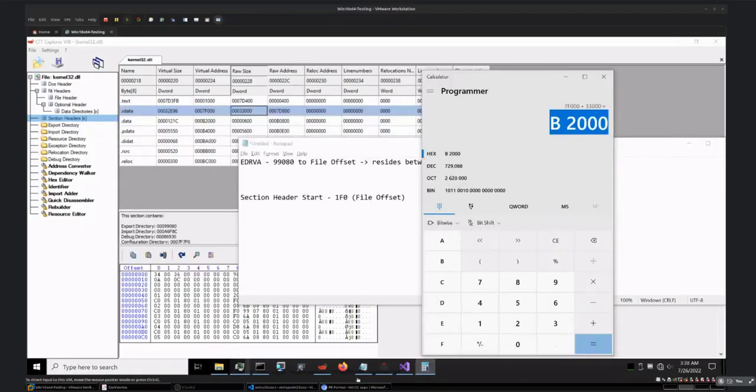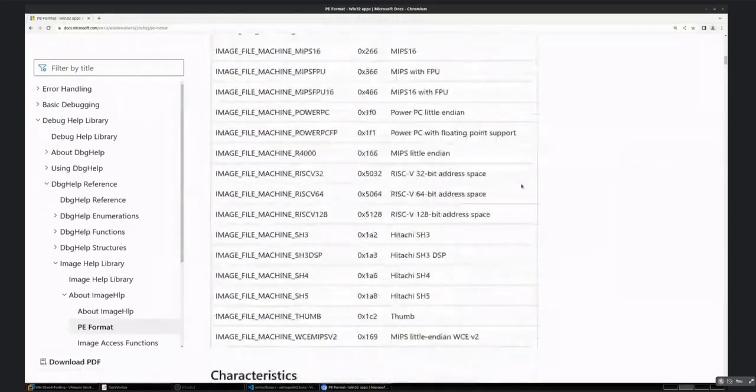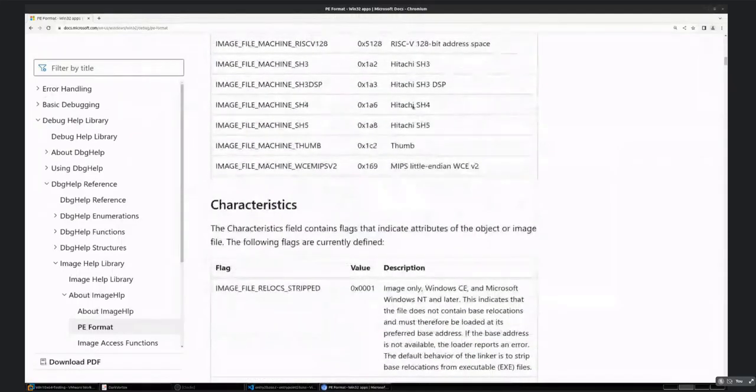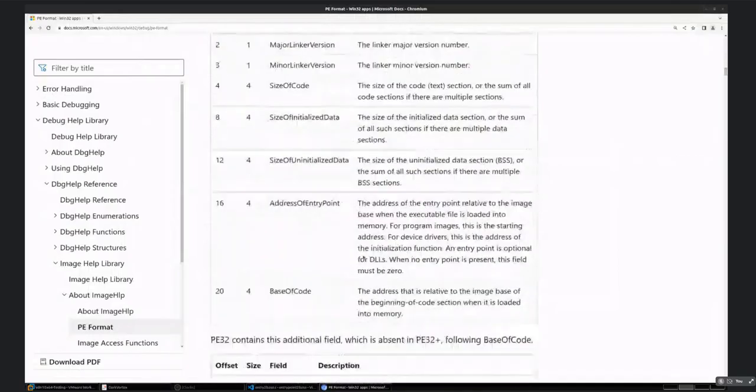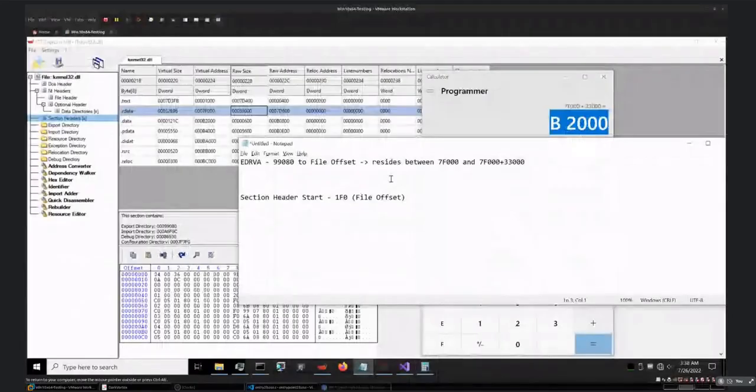This arithmetic calculation is actually mentioned over here in the PE format region. If you scroll down, it's a pretty large place, so you will have to search for it over here. But in short, the actual calculation is that if you want to find the file offset, you'll have to